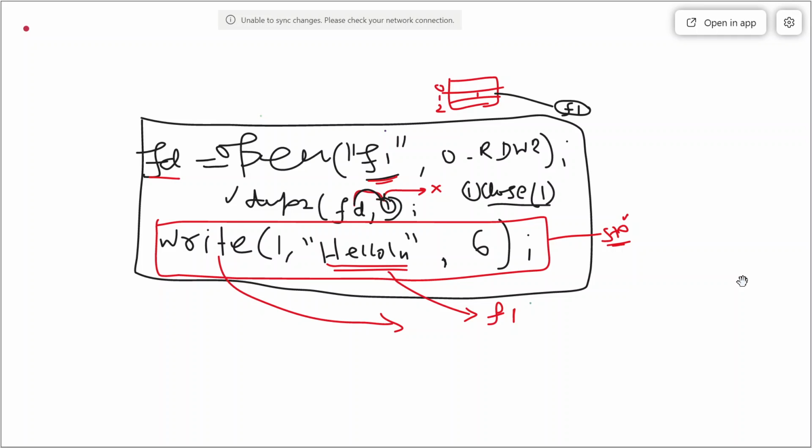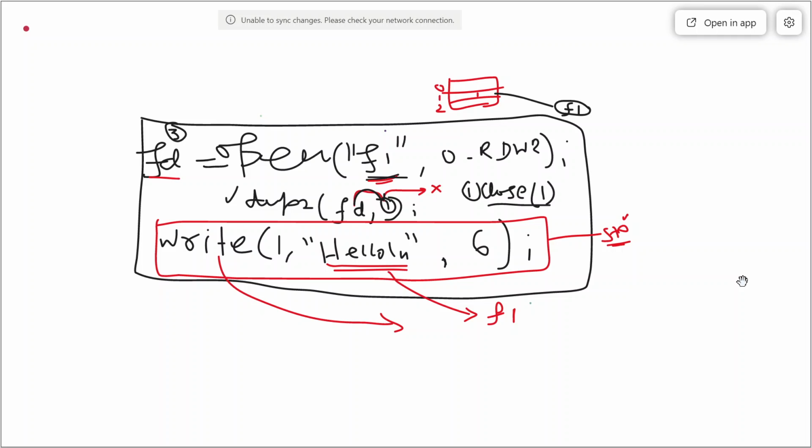So is it allocated to the previous one or to? Yes, if you write the dup2 FD statement, then it is allocated to FD1, that means FD which is representing F1. So let's say in this case FD will definitely be acquiring the value 3.